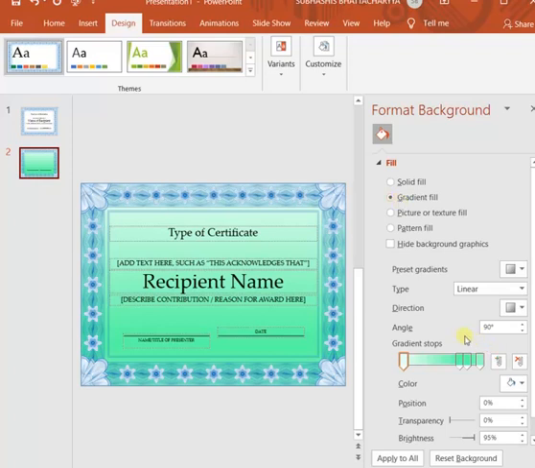In gradient fill, the main thing is the gradient. So if you select gradient fill, you have to change the gradient stops it is showing. That means it has shading in step-by-step form. The bottom layer is somewhat deep, then just above it the color has become somewhat faded, then after that more faded, and at the top it is the most faded.